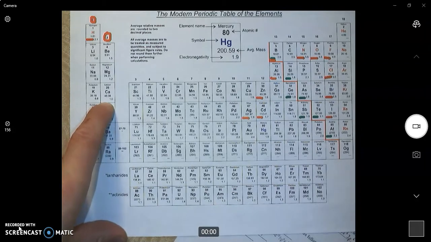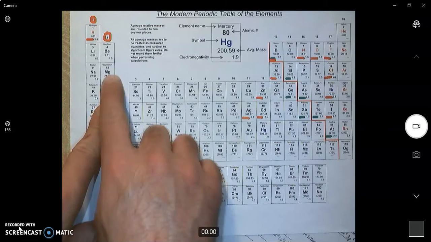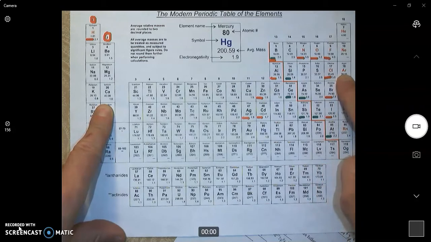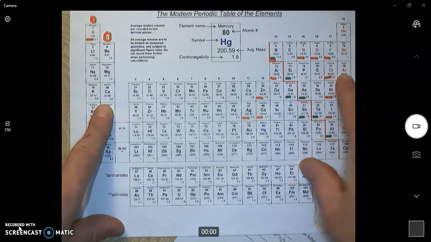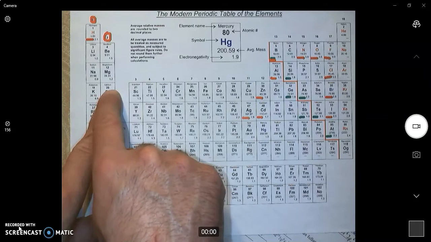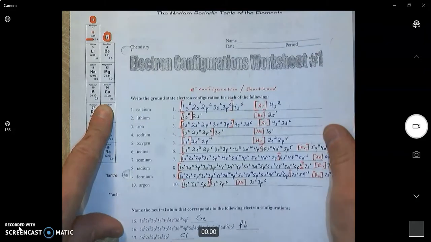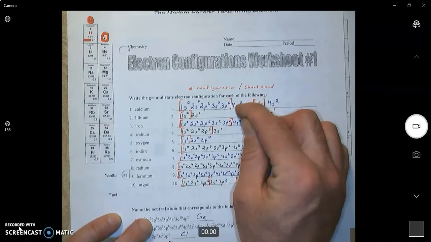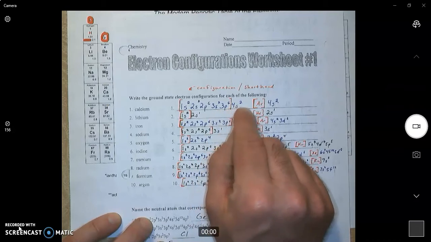Again, there's two ways that you can do this. The first way is to go to the end of the previous row. So go up one and go to the end. Put that noble gas in brackets and then finish the rest of your configuration, which would be, in this case, 4s2. So argon in brackets 4s2. Or if you already have the electron configuration written out, work your way backwards from right to left until you hit a p6. The first one we hit is 4s2, that's the end of our configuration, and then we hit